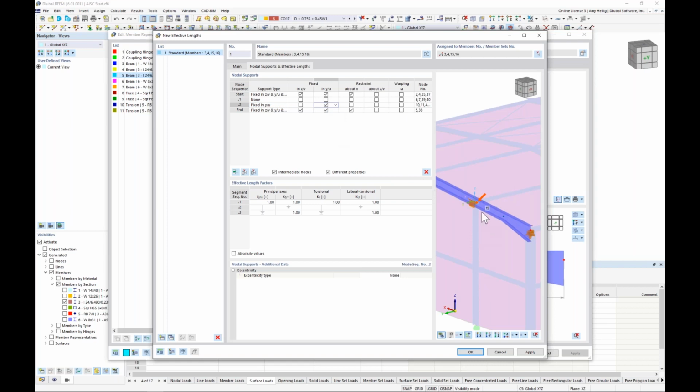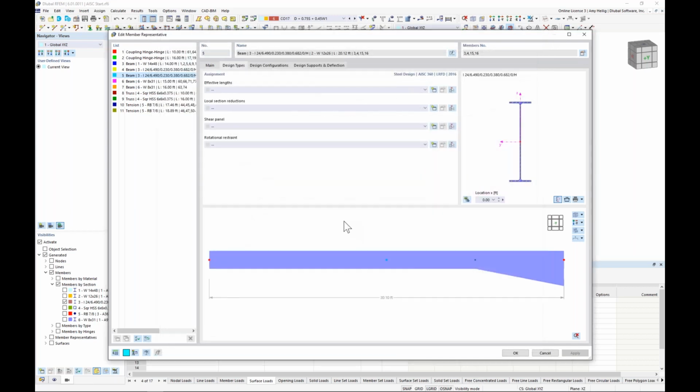We also have this column framing up, so I'm going to assume as well that the element is braced in the vertical direction. And additionally, I'm going to assume that the member does not have the ability to rotate about its own x-axis, or torsion in other words, so I'll go ahead and brace that there. Now my effective length factors are all set in my table down here. We know that if we're designing according to the direct analysis method, all of our K factors can be set to 1.0. So now that I have set these intermediate restraints, I can click OK,